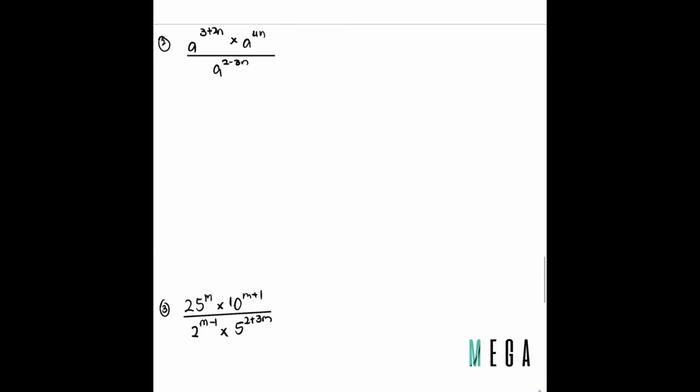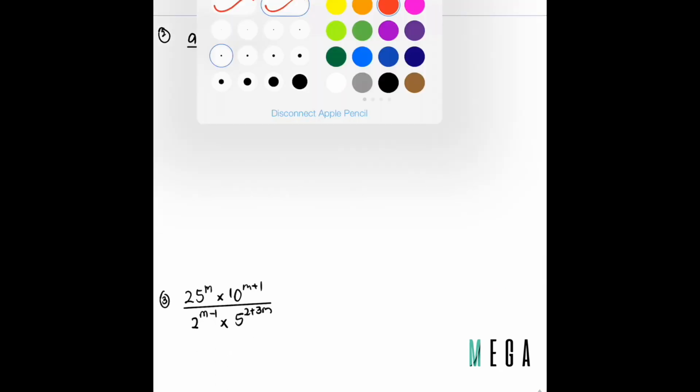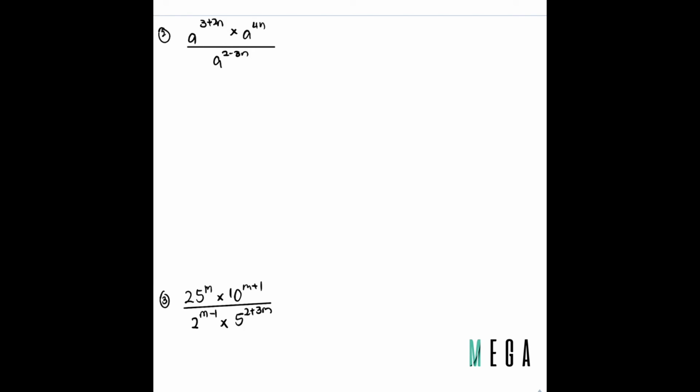Let's look at the second question. For this question is relatively easier. I will just need to rearrange 5a to the power of 3 plus 2n multiplied by a to the power of 4n divide by a to the power of 2 minus 3n. And let's look at the power together. Sorry, number together. 3 multiplied